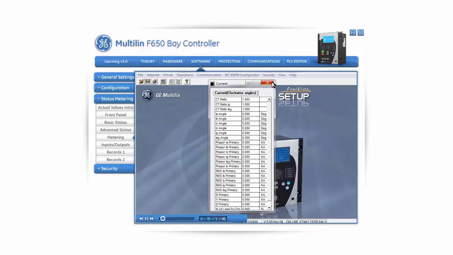The first three parameters show the CT ratios for the phase currents, the ground current, and the sensitive ground current. The next six elements are the current angles of the phase, neutral, ground, and sensitive ground currents. The phasor primary current magnitudes display the current value in RMS of the fundamental frequency of the phase, ground, sensitive ground, and neutral currents. The fundamental frequency is the frequency that is set in the general settings menu, usually 50